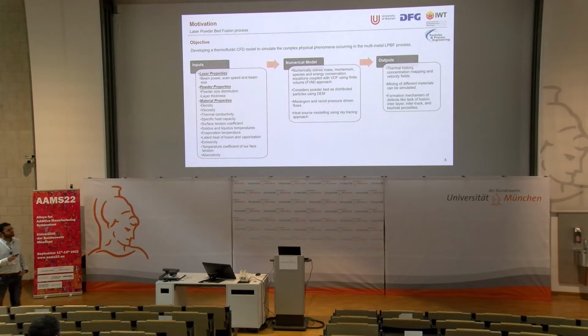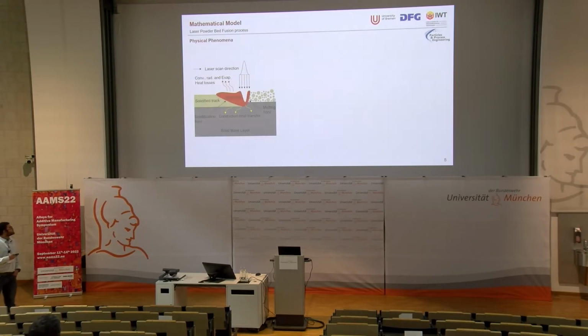In the output, you get information like thermal history, concentration maps, and velocity fields. You can see the mixing of different metals, and eventually you can also see the formation mechanisms of different defects like lack of fusion, keyhole, and chemical porosities. In the next slide, I'll show you the physical phenomena